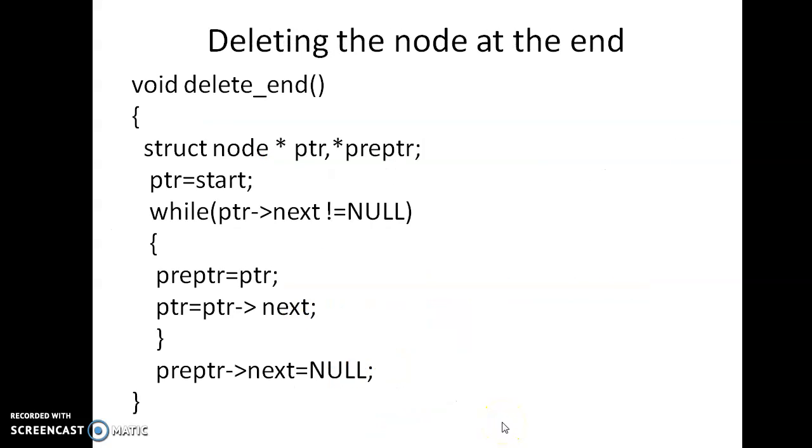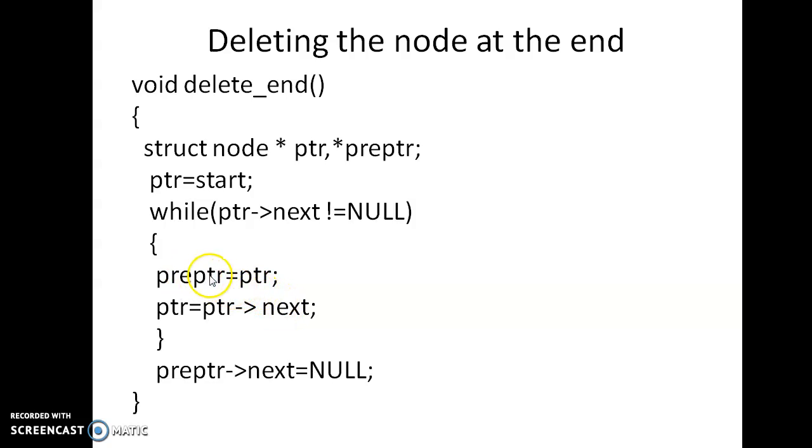If you see in the code, I am taking two pointers, PTR and pre-PTR. PTR is pointing to the current node, pre-PTR is pointing to the previous node. Initially pointer is starting at start. While pointer of next is not equivalent to null, that means if it is not the last node, the pre-pointer is pointing to the current one and the current node is going to the next one.